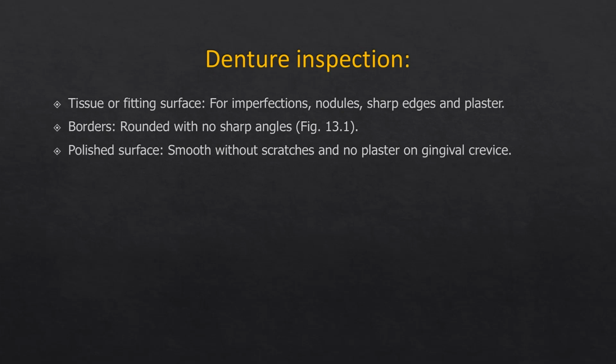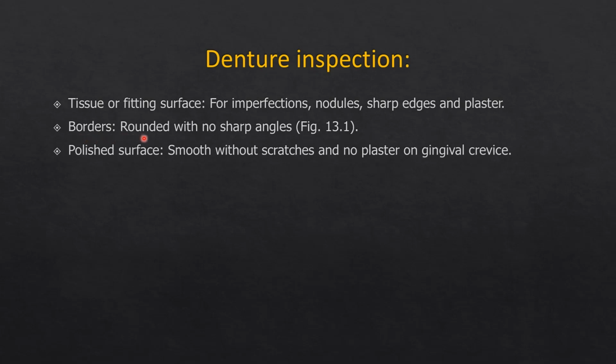After the denture acrylization, after the deflasking, you remove the dentures, you trim, polish, and finish the dentures in the laboratory. That is prior to receiving it in the clinic. And at this step, you first check the fitting surfaces or the tissue surface of the denture for any imperfections, such as cracks, fissures, nodules, any sharp edges that may damage the patient's soft tissue and cause pain and discomfort. Secondly, you should